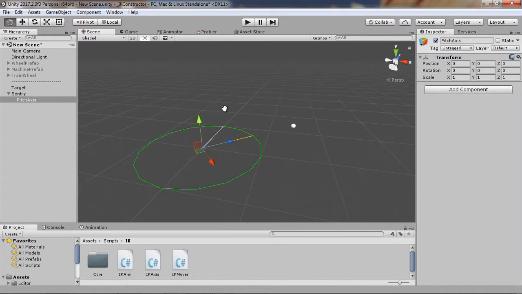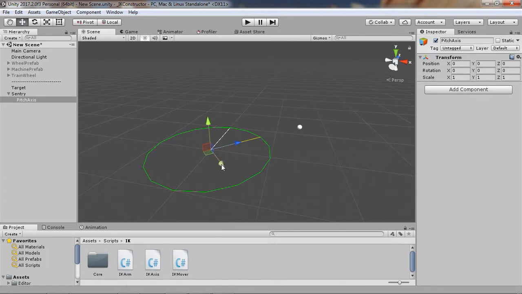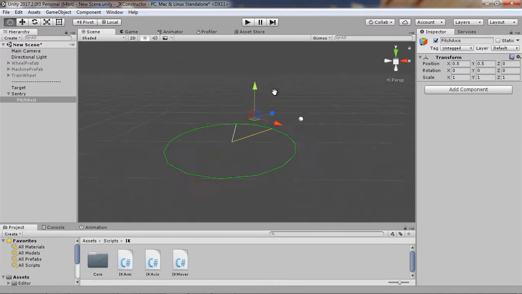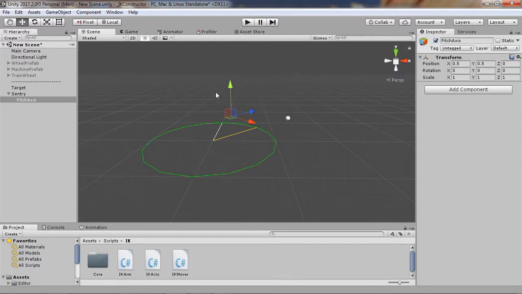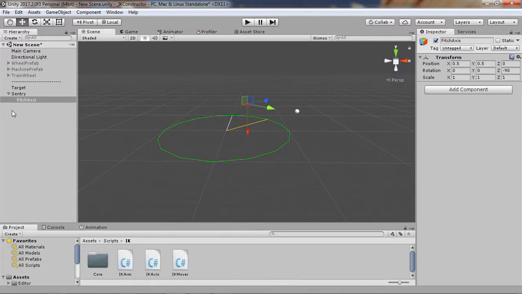I want to make an asymmetrical sentry, so I'll shift my axis half meter right and half meter up, and this axis must be different, so I need to turn it like so, minus 90 degrees,